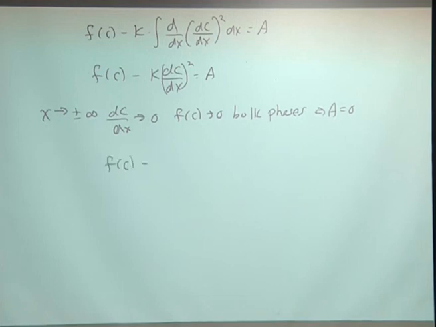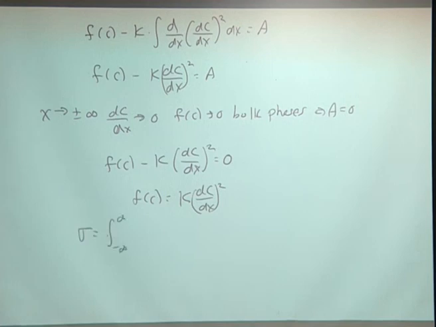And the Euler-Lagrange equation has this equivalent form then. It looks like this. Equals 0. Or f of c equals k times dc/dx squared. And then you can put that back into the expression for sigma, and you get the expression for sigma as 2k